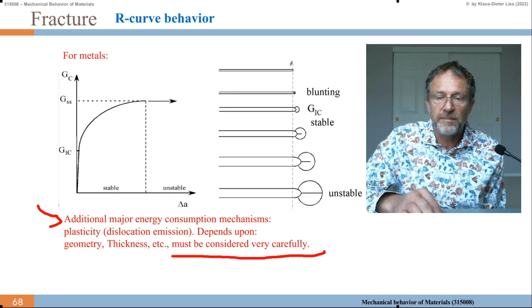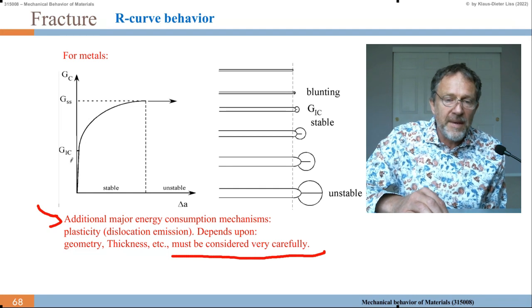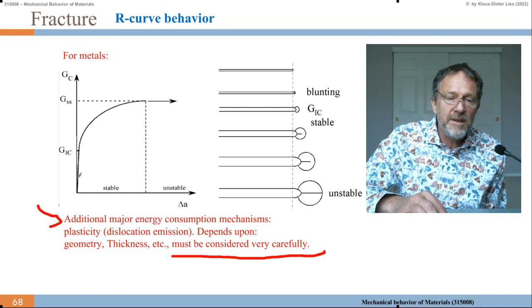If this is the initial crack and we grow it, if there's energy consumption, so we have G1 critical starts here, and then we have energy consumption, so we call this GSS. Then we can see that the critical GC increases as a function of delta A,